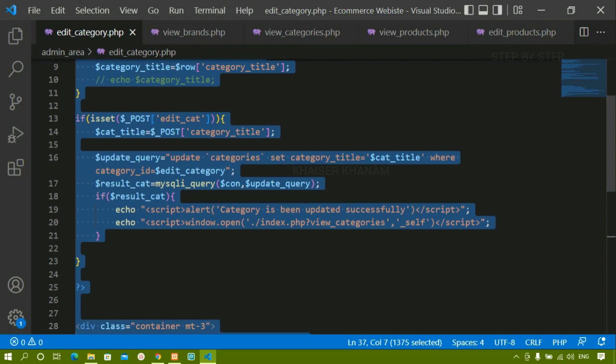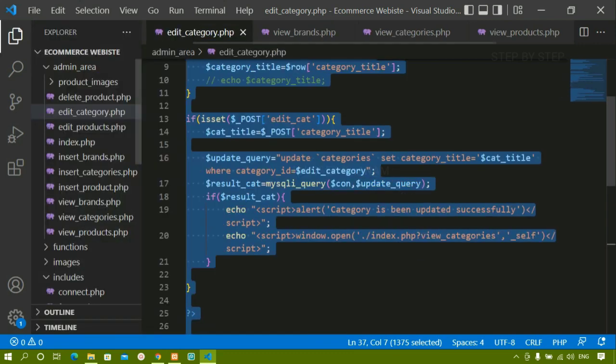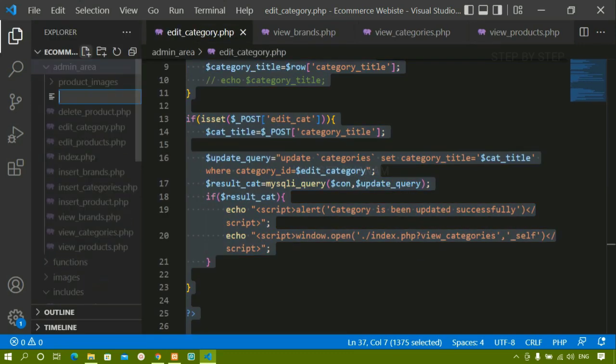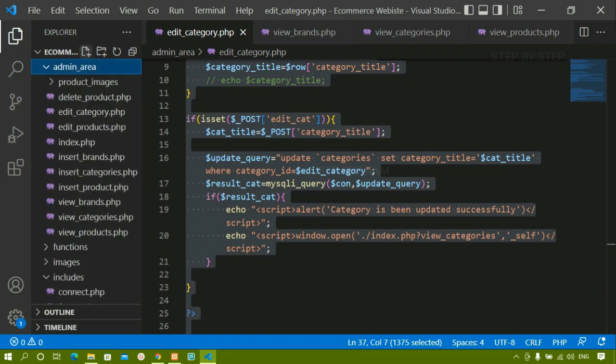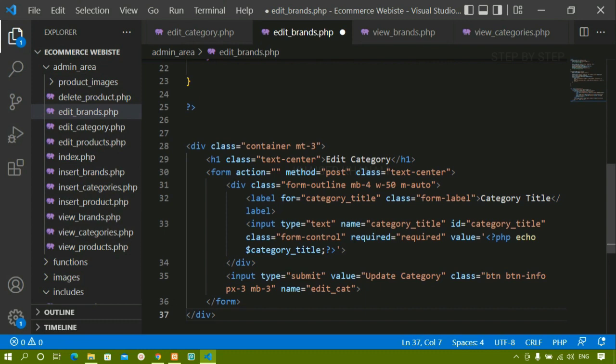I'll just do Control A, Control C. I'll copy, and inside this admin I'm just going to create one file. I'll write here edit_brands.php. Inside this I'm just going to paste the entire thing. I'll save this. I'll come to index.php. Inside this admin